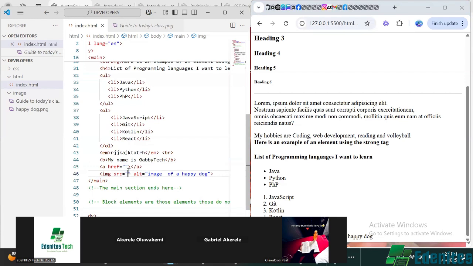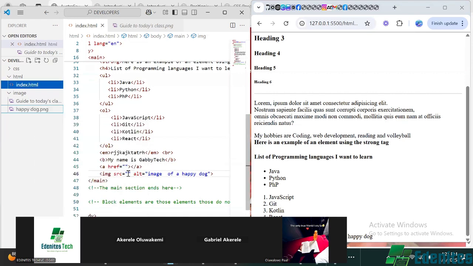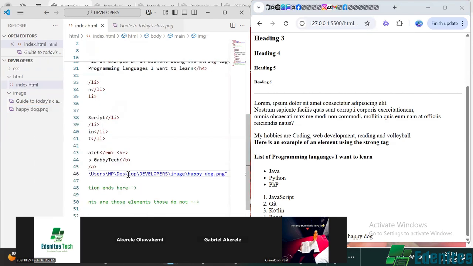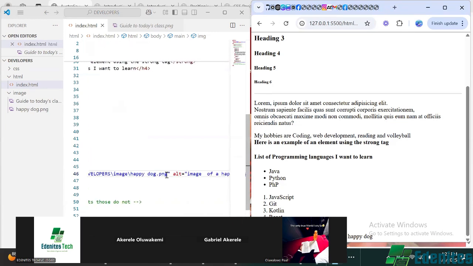And for this one, I will put the source of the image I want to load, this happy dog. You are seeing when I hovered on that image, I could right click on it like this and copy path. If I copy path and paste it here, Ctrl V, you will see that image will appear on the web page. It should appear. If it is not loaded correctly, then we can load it using the right way by saying